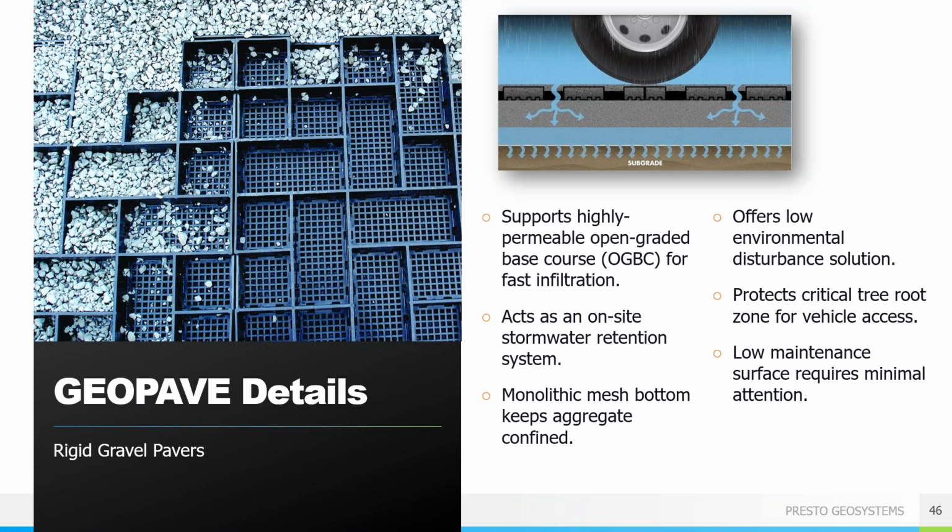The GEOPAVE units have these rigid paver characteristics with specific features needed for performance with aggregate infill. The main one I want to highlight is the monolithic mesh bottom. This is a molded in place mesh on the underside of the paver unit. This mesh keeps the stone infill from migrating under the unit, and the integrated nature assists in the overall rigidity